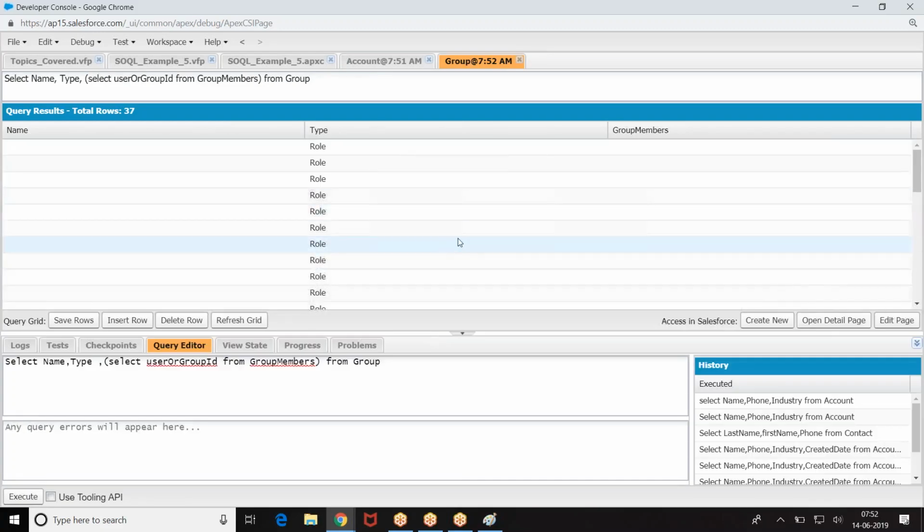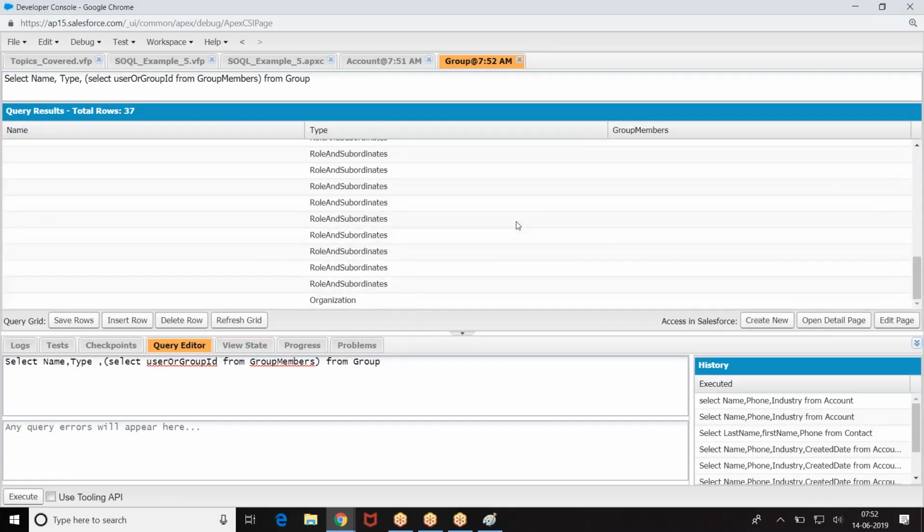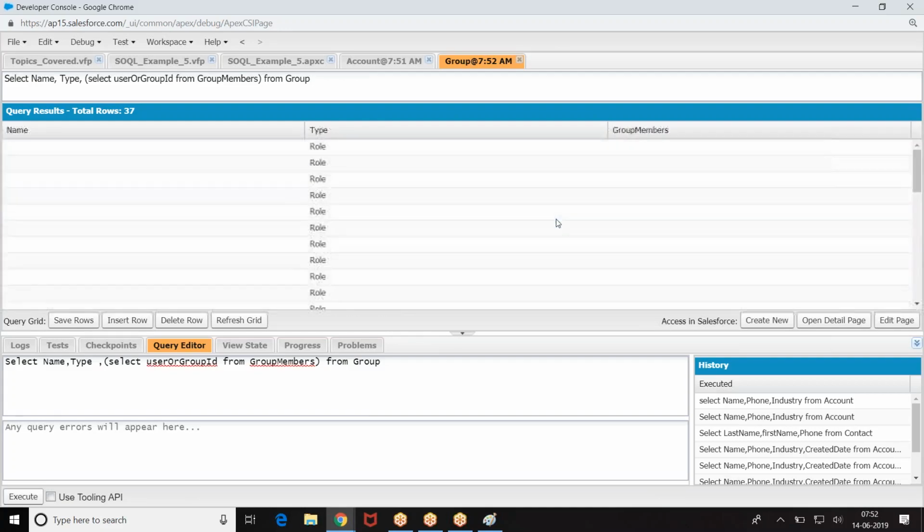Now they are giving role and subordinate, organization. This basically stores the queue members, the members of the public group.